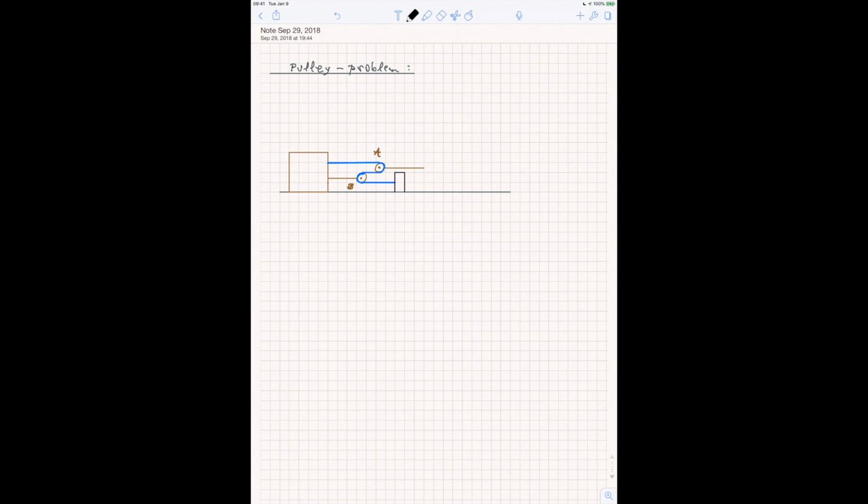So this little black object here is not moving. So let me just draw here the object of mass m1. Okay. So now this here is object mass m2, this is mass m1,